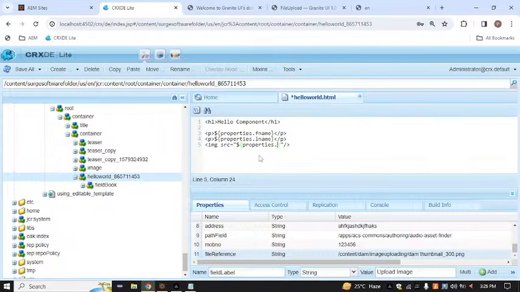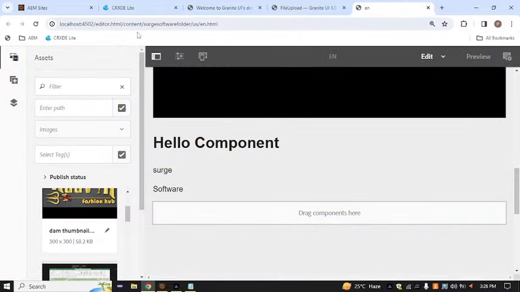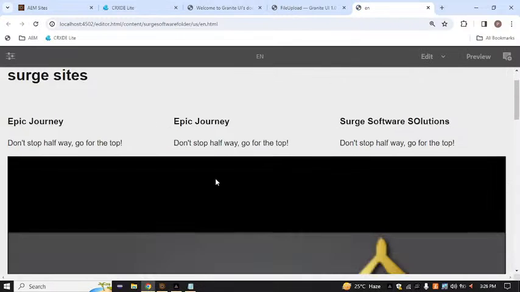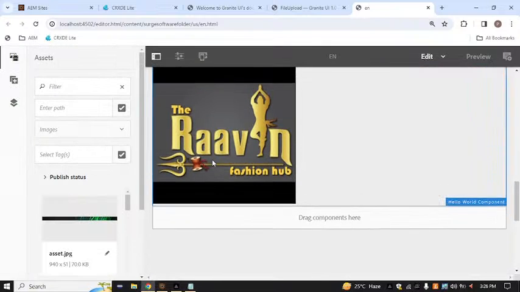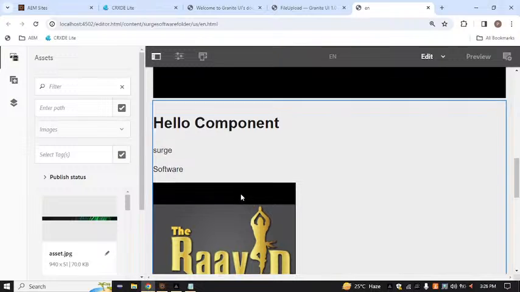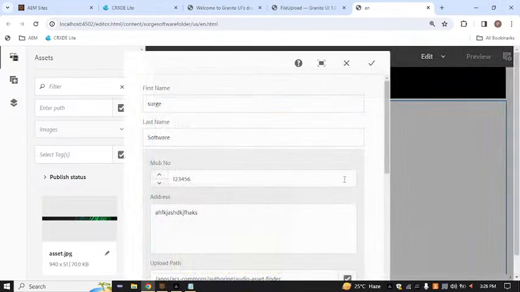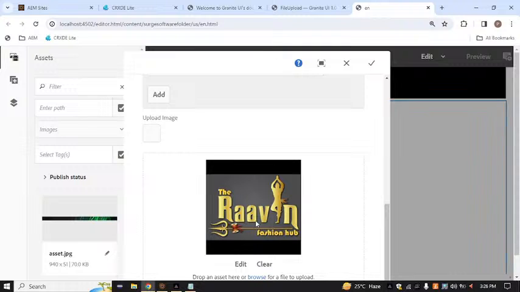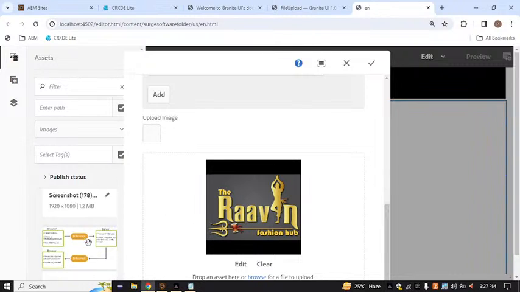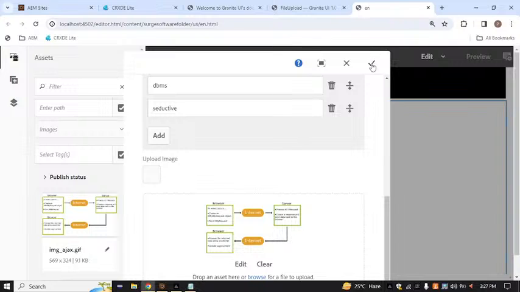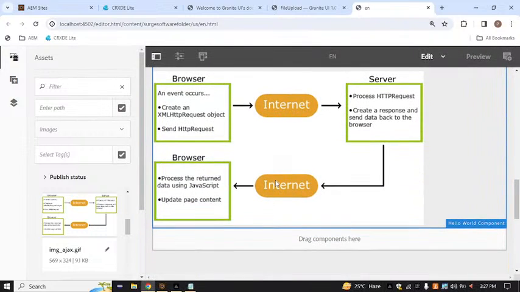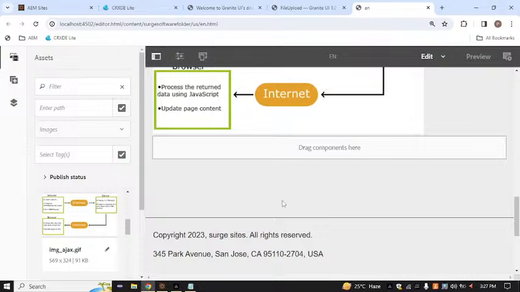Okay, so here now we have to mention properties dot file reference. That's it. Now come here. Now try to refresh. Already we have one file, right? See, here we got this file. This is the file, we got it. Now click here and refresh. See, we got the file, right? If you are changing, this is the thing. Right click. See, we got the Ajax code. Okay, this is